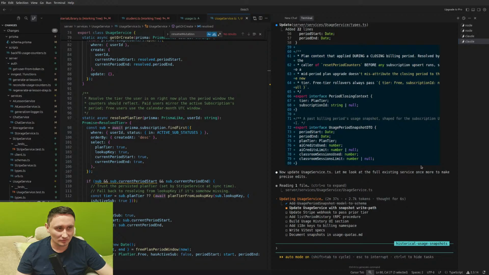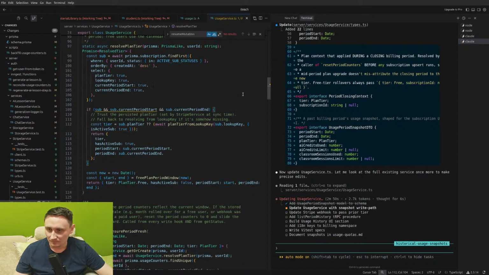So let's resolve PlanTier. Show period fresh. Get status, so that's just basically for rendering those plan usage service limit. Yeah, anyway,